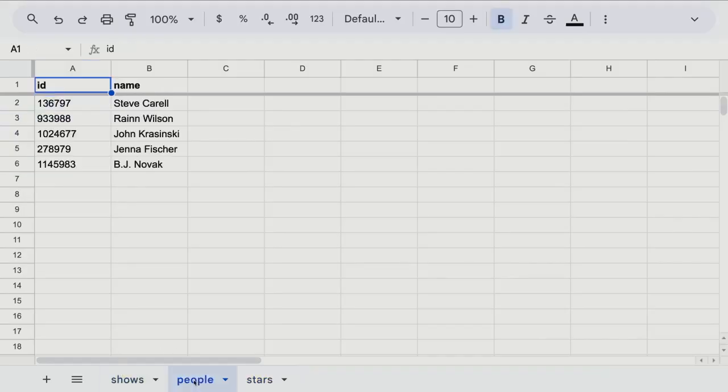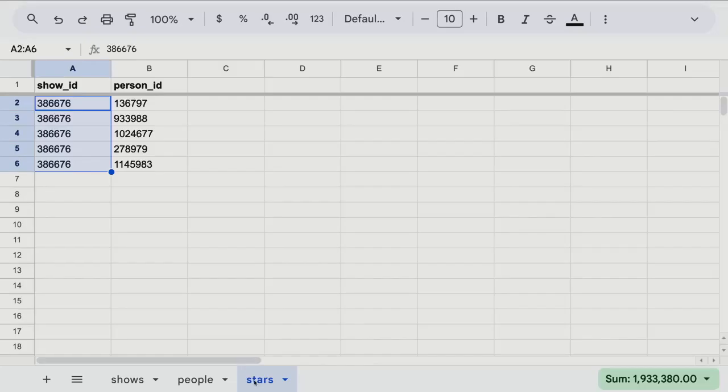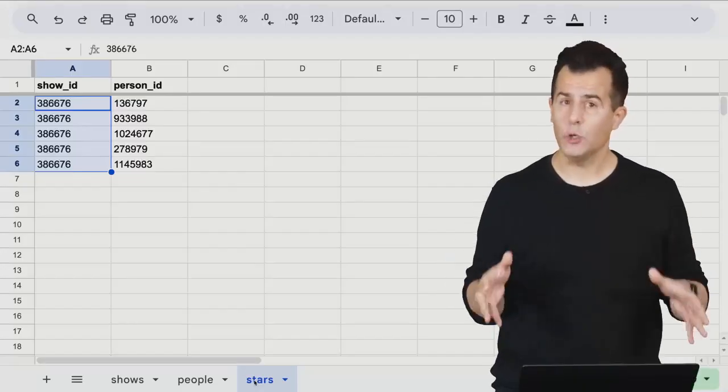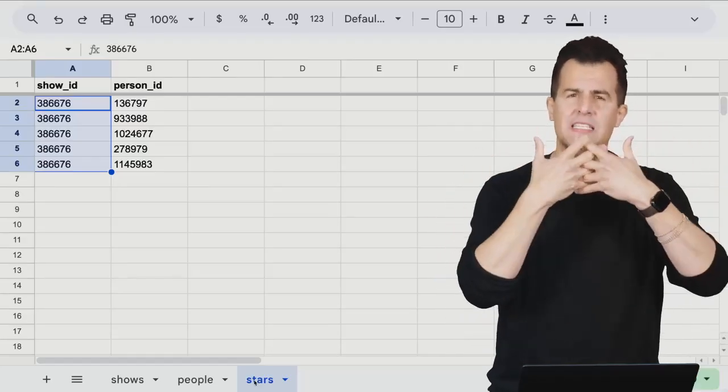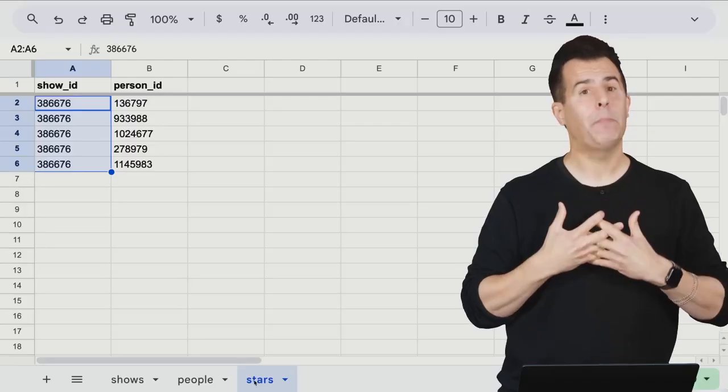If I want to see people, I have to go here. If I want to figure out who stars in what show, I have to go here. But these numbers mean nothing to me, the human. But that's why we're transitioning now away from these spreadsheets again to a proper relational database. Because with SQL, this programming language, we can somehow join these disparate data sets together and get back the answers